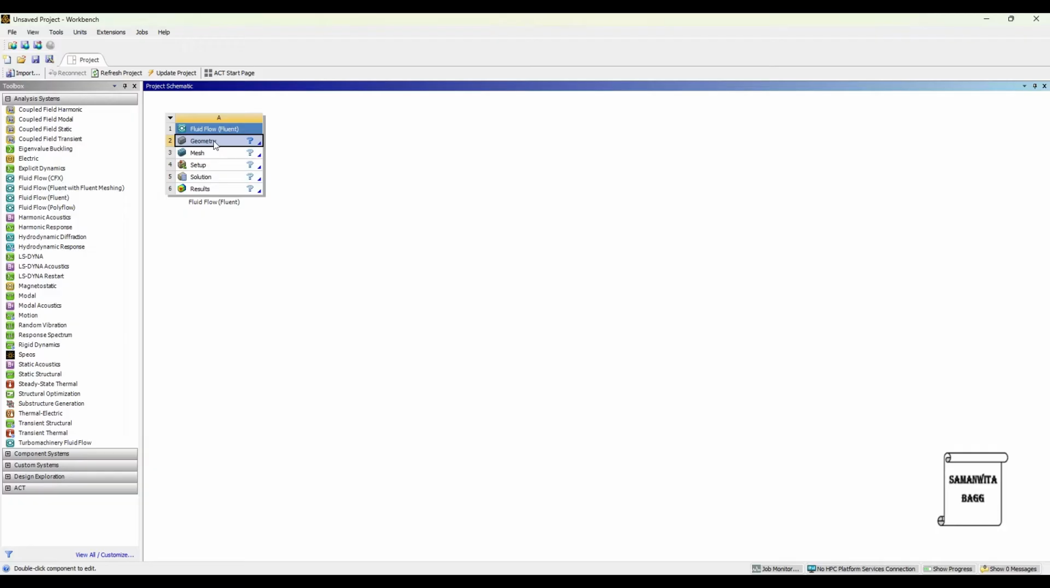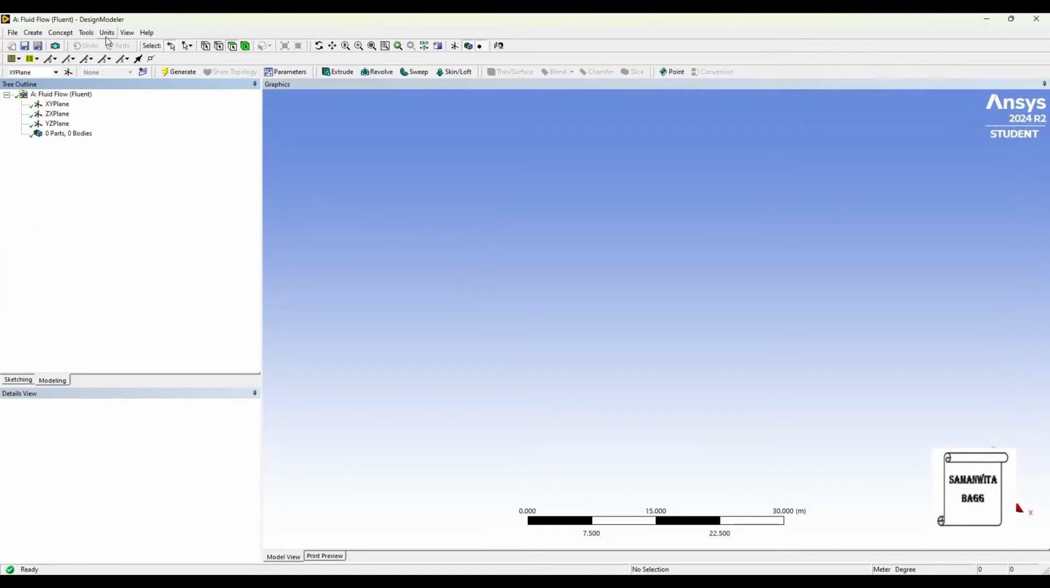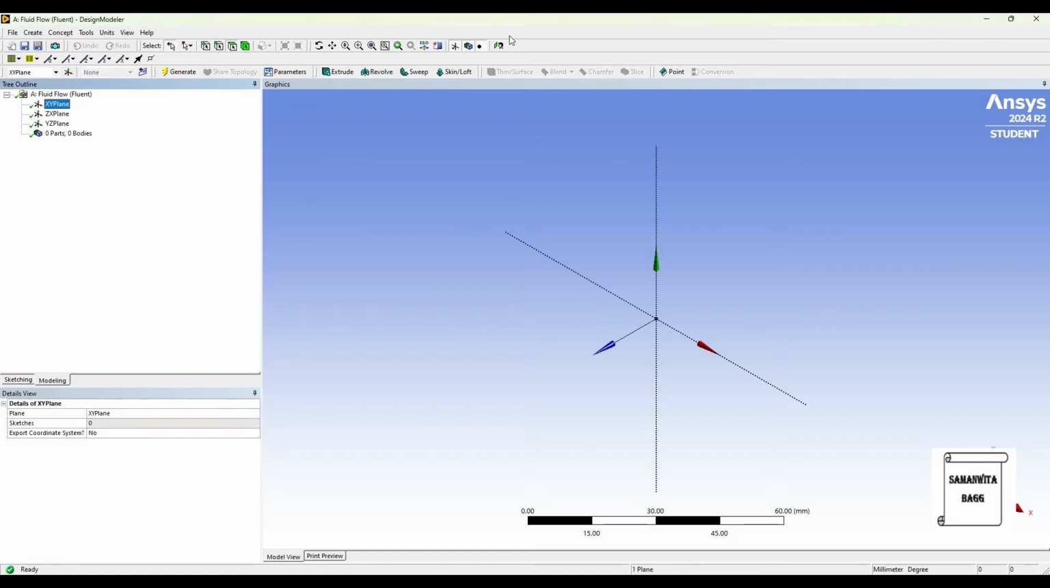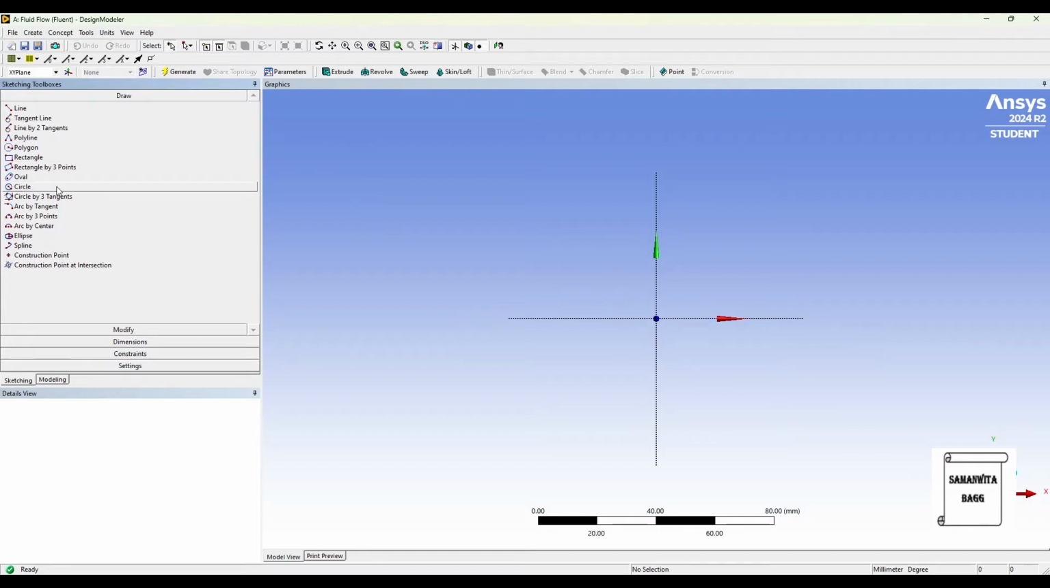Next, I'll go to Geometry and right click, New Design Modeler Geometry. I'll go to Units and choose Millimeter. First, I'll take up the XY plane and look at it. I'll go to Sketching. I'll first draw